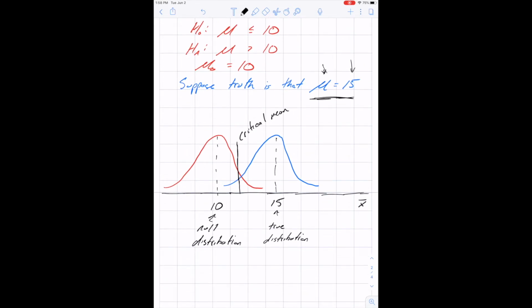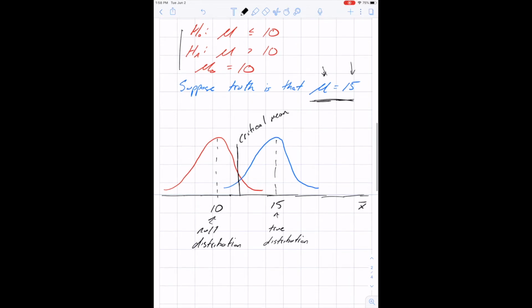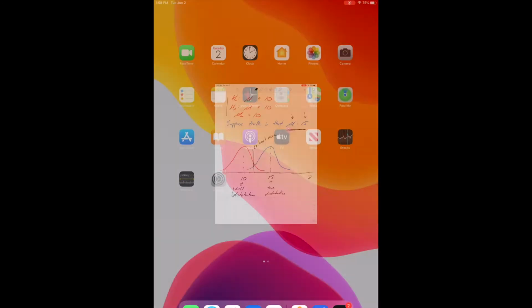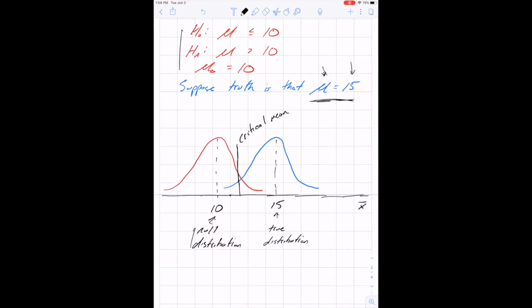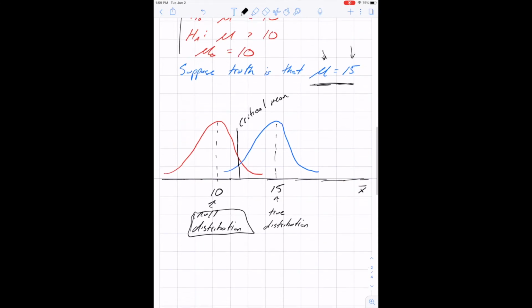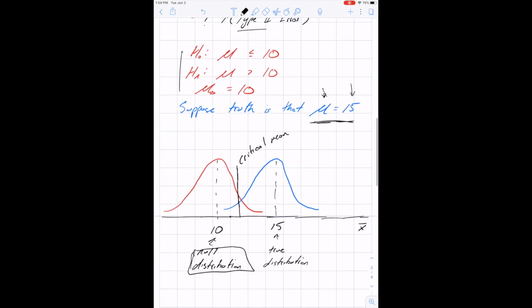Now let's think about mechanically what's happening here. Based on this set of hypotheses, we have this red diagram centered at 10, that's mu naught, so that's the null distribution. But we've been told in this problem that the truth is that it's centered at 15. So the true distribution is represented by the blue bell curve. That's where our data actually is coming from. Even though we're doing this hypothesis test to ask if it's different than 10 or if it's greater than 10,